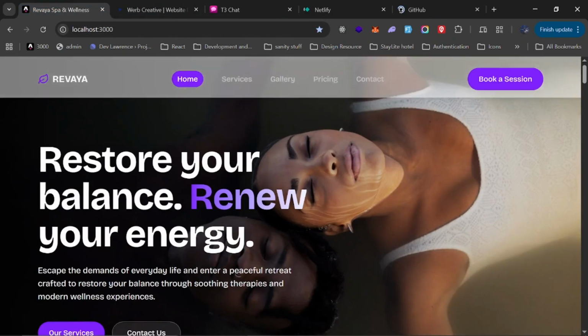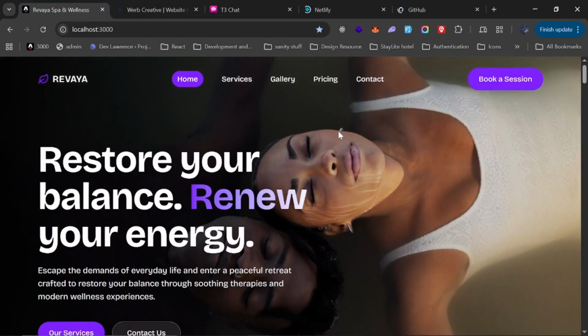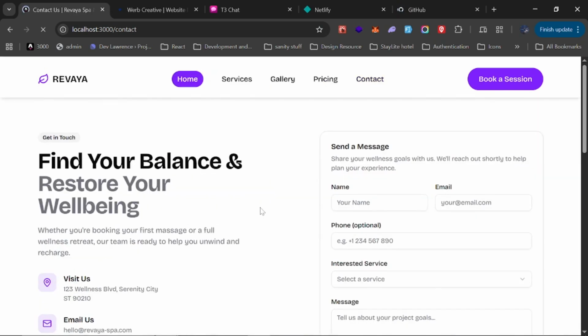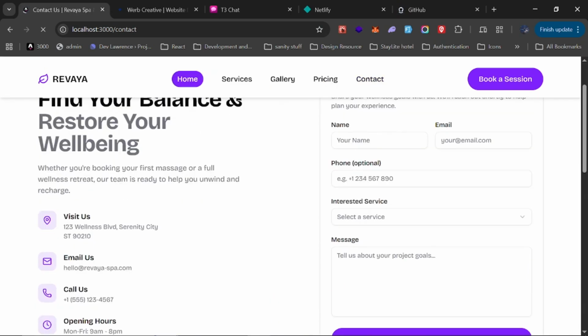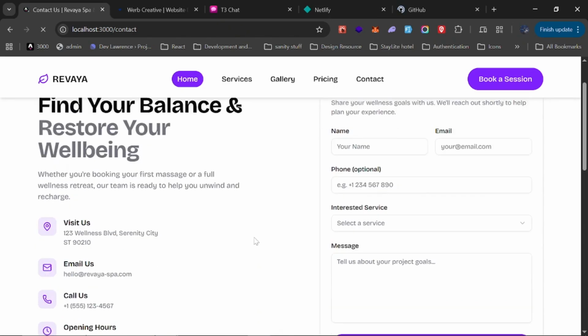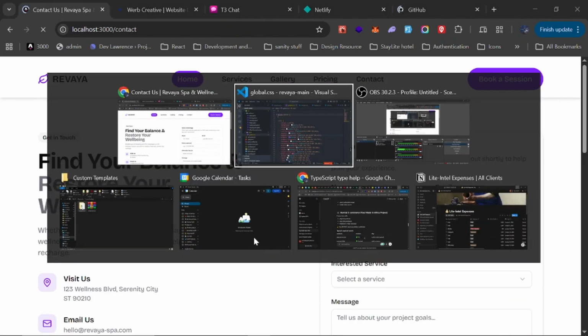Then also, one more thing before I show you how you can deploy the project. I'll go to the contact page. On this contact page, you can see that the user can enter their information and submit, then you get to see it. But in order for you to see it, you need to enter some details. So if I go to